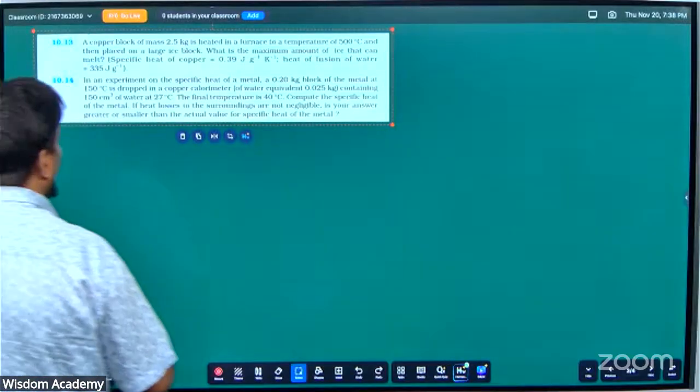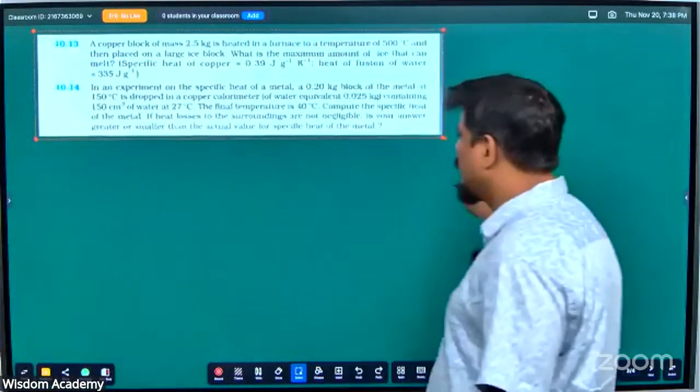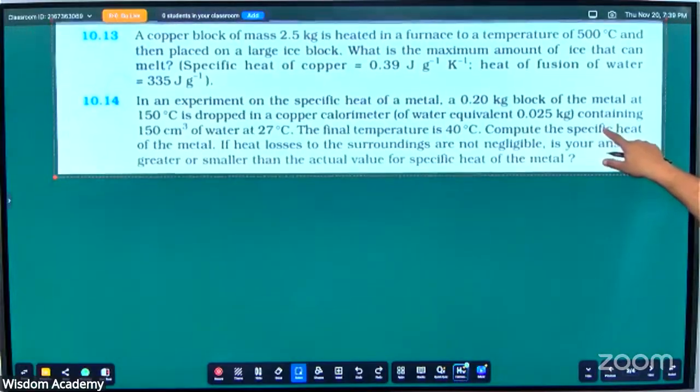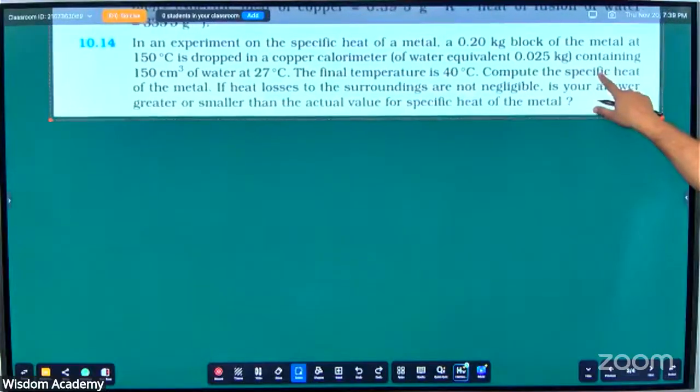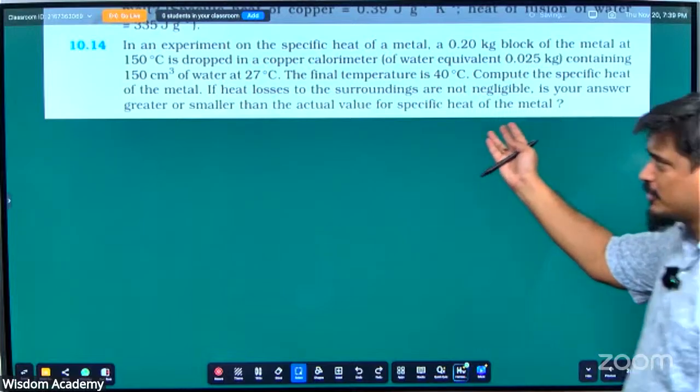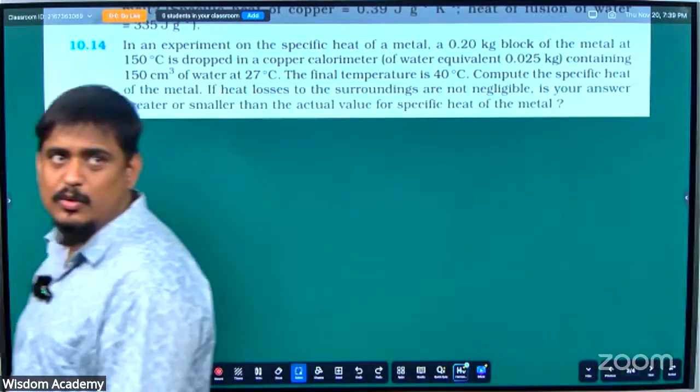Solve 10.14. This is from NCERT only I am taking. Nowhere else. This question is from NCERT. Very good question is this 10.14. You give a try. If you're not able to see it clearly, I think those who are having NCERT book can use your book also. Otherwise, if you're able to see it clearly, please go ahead. Question is in front of you.